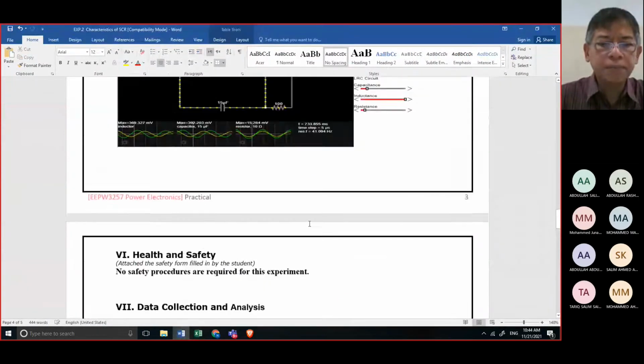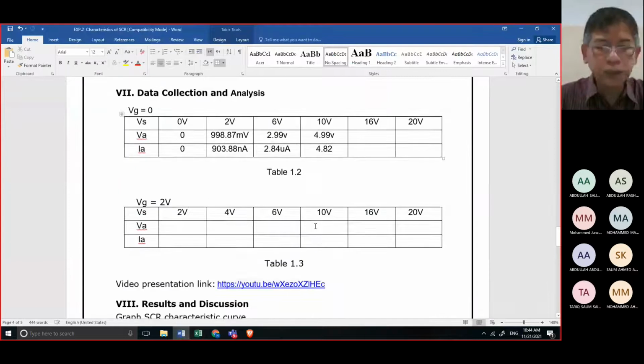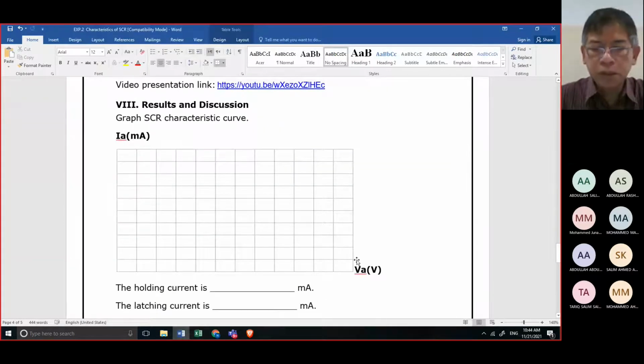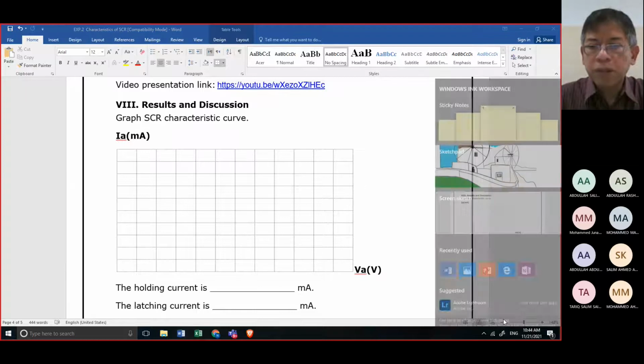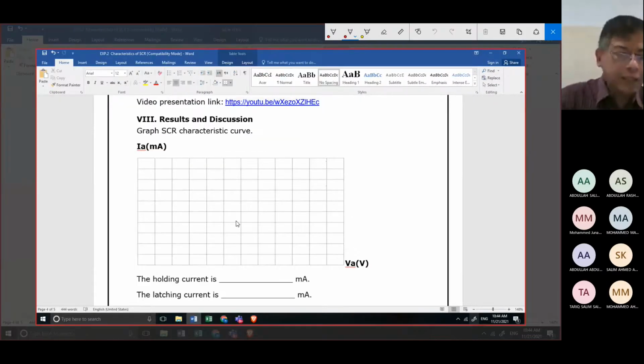Okay, from your graph, take note about the value, and then we are now in this graph. From here, I will try to explain it so that you will understand. Considering that this is the zero, so you just write it exactly. Okay, this is zero. So this is 1, 2, 3, 4, 5, 6, 7, 8, 9, 10.